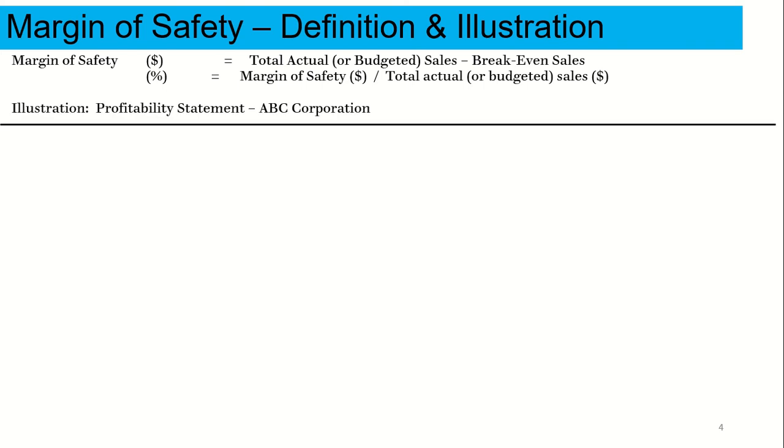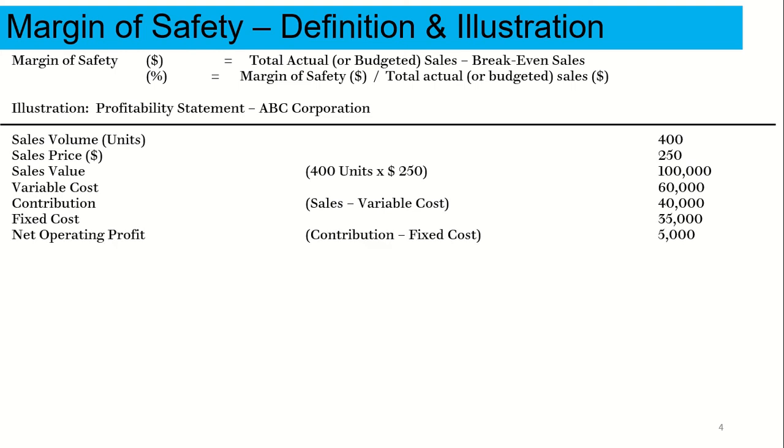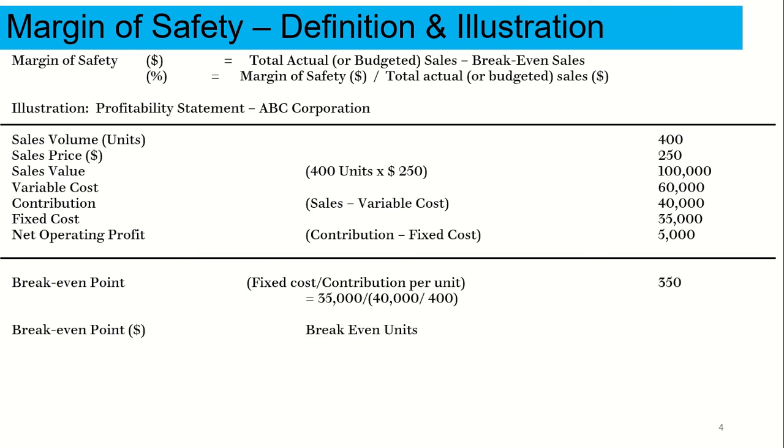Understanding this using an illustration of ABC Corporation, sales volume 400, sales value of $100,000 less the variable cost of 60,000 gives contribution of 40,000, fixed cost 35,000, so net operating profit comes to 5,000. Break even point in case of company ABC comes to 350 units, which is 35,000 divided by contribution per unit. Break even point in terms of value comes to 350 units multiplied by 250 as the selling price, that is